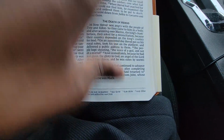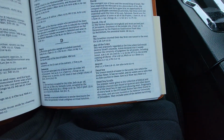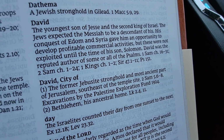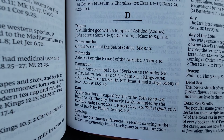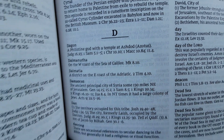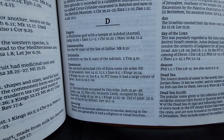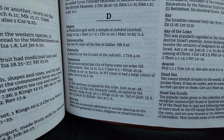And in the back, they have a glossary letting you know about the names and places of people, you know, David, and they'll give you some information. Here they give you cross references to where David is mentioned. They give you cross references to the Apocrypha, which is good. But as far as all throughout the Old Testament, Apocrypha and New Testament, they don't do that. So that is different and unique, and I don't like it completely, because I